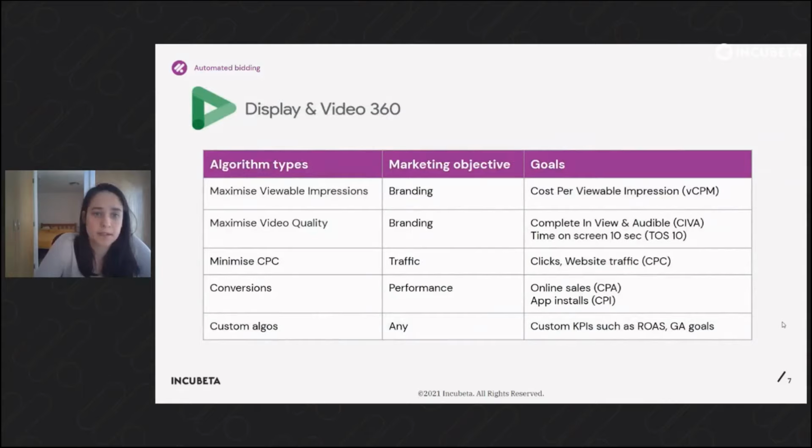them. Starting off from the top two, these two are ideal for branding campaigns, so maximize viewable impressions or video quality, depending on whether you're serving a display ad or a video. These are great as if your goals are things like achieving a certain cost per viewable impression or a certain percentage of completed views. If instead you're looking to drive traffic to your website, then maybe one algorithm to consider